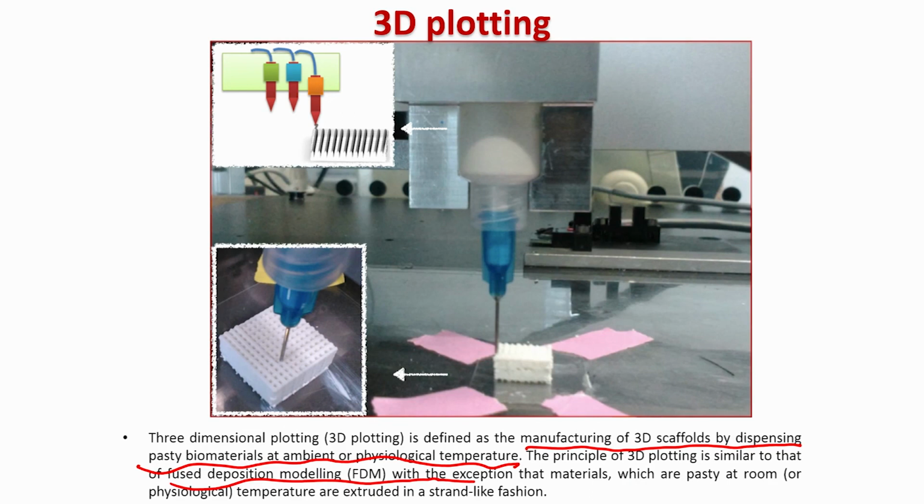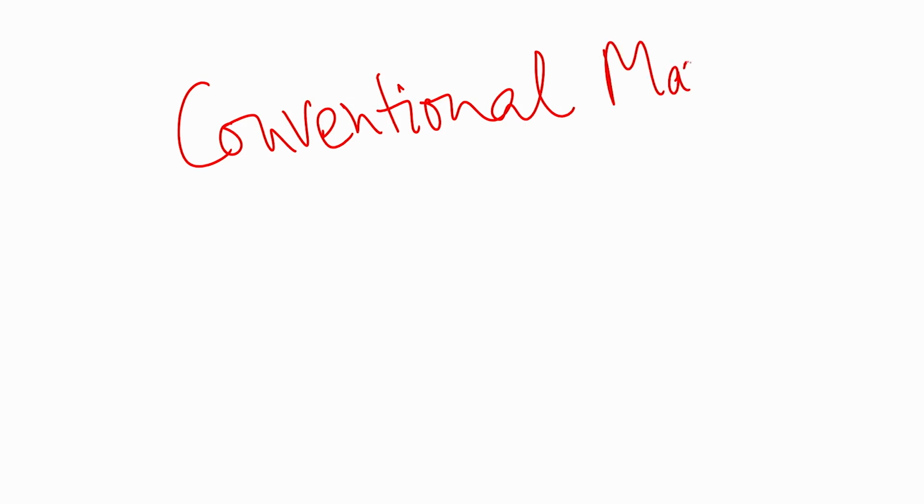So, I think that most of the manufacturing techniques that I have shown are quite useful not only for conventional manufacturing, but also for advanced manufacturing. To summarize what we have learned from this lecture: conventional manufacturing and advanced manufacturing. Conventional manufacturing is mostly based on molding of polymers. It can be either injection molding, compression molding, or extrusion.